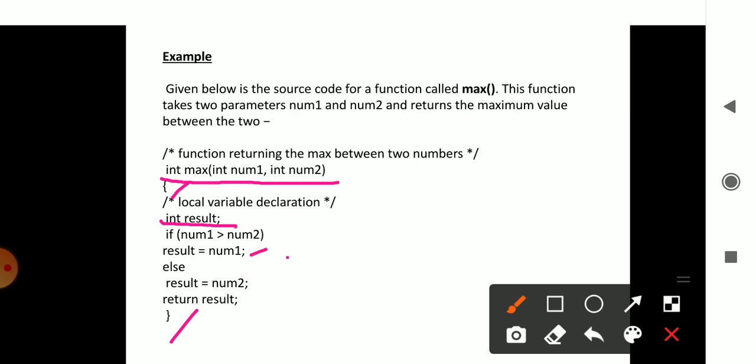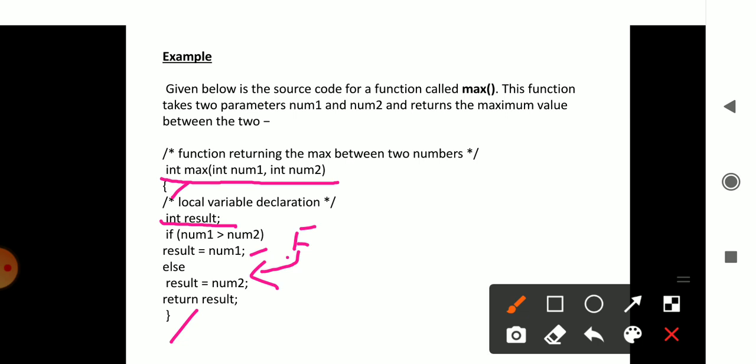Else, that means if the condition becomes false, the else part of the program will be executed. If the condition becomes true, result equal to num1. If the condition becomes false, then the else part will be executed.